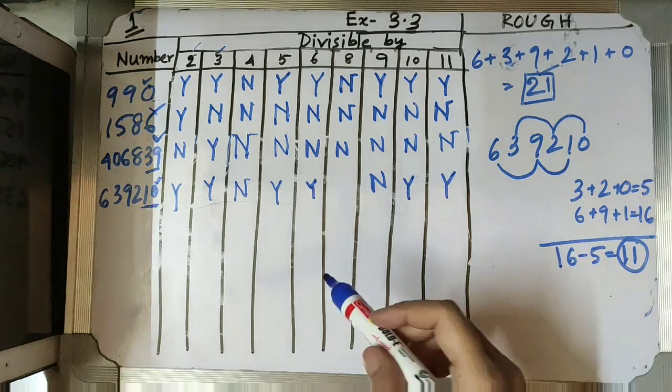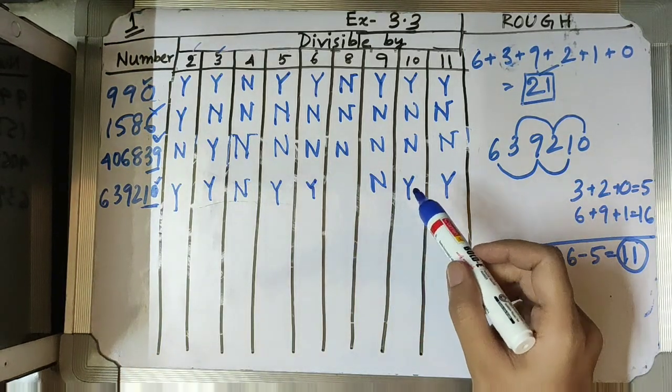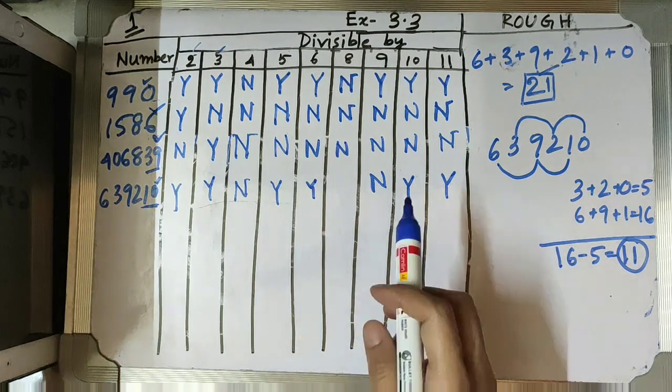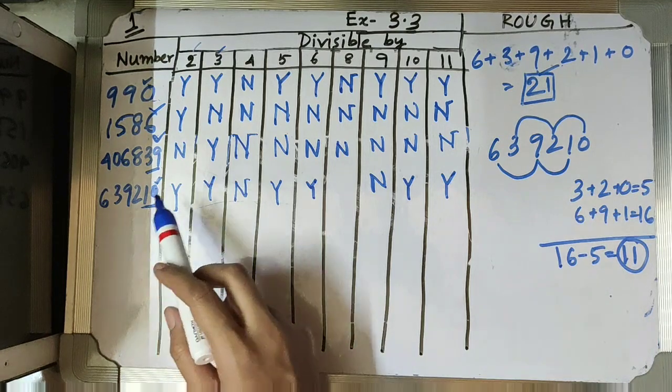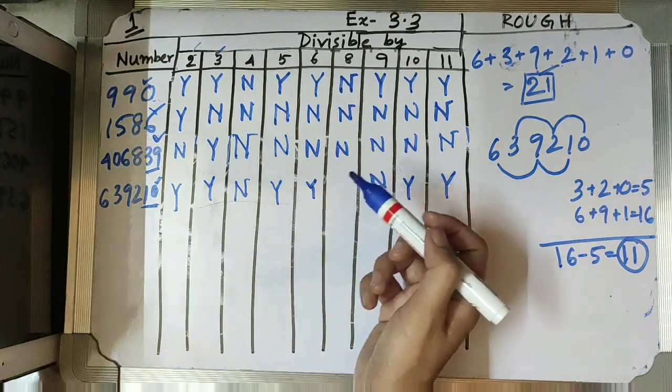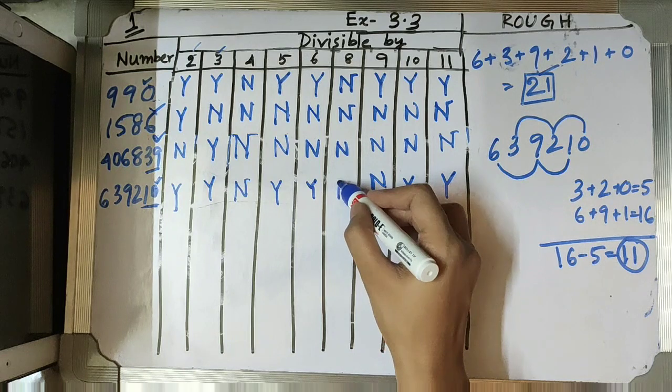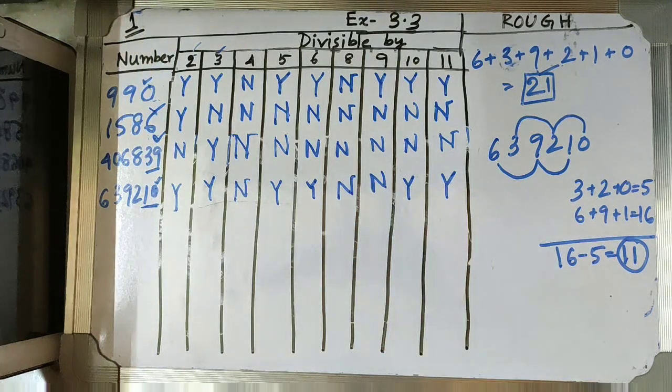And the number which is divisible by 8 must be divisible by 4, because 4 is a factor of 8, and since this number is not divisible by 4, we can't say that this number will be divisible by 8. So let's proceed,